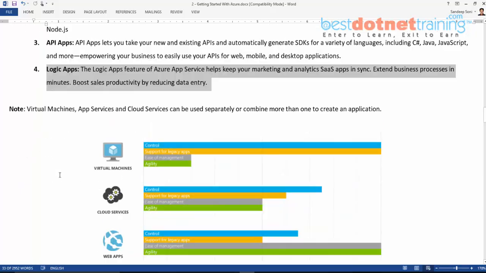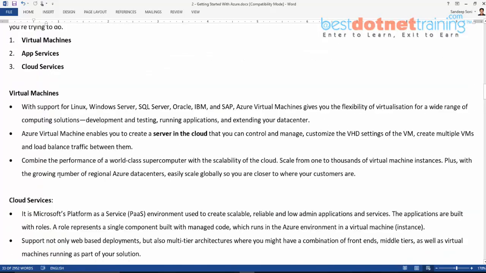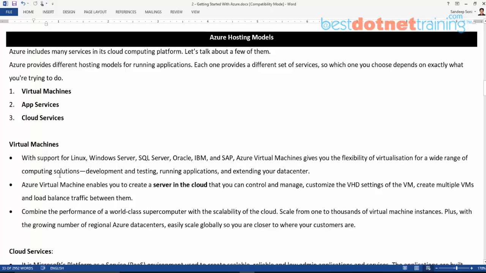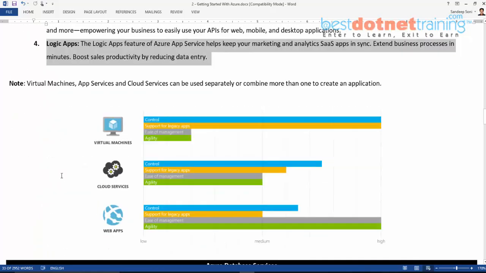So yes, these are the three different deployment models. Let me once again clarify. This is a very high-level introduction that I have given to all the three, and we are going to have a deep dive into each one of them separately in different chapters of this particular course. And diagrammatically, graphically, if you want to display how virtual machines are different from cloud service and different from web apps,